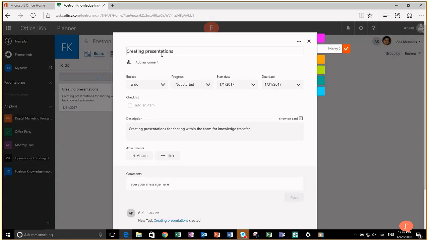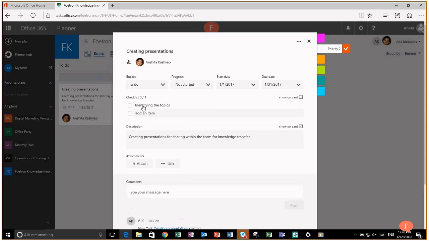But over here I have not assigned it yet to anyone. So let me just assign it to Anshita, that her task will be, so Anshita will be assigned to it, as well as I can put certain small subtasks to it. For example, I can put like identifying the topics, assigning topic to different team members,